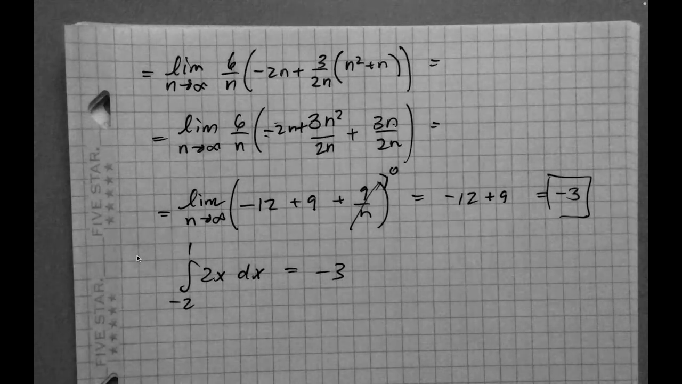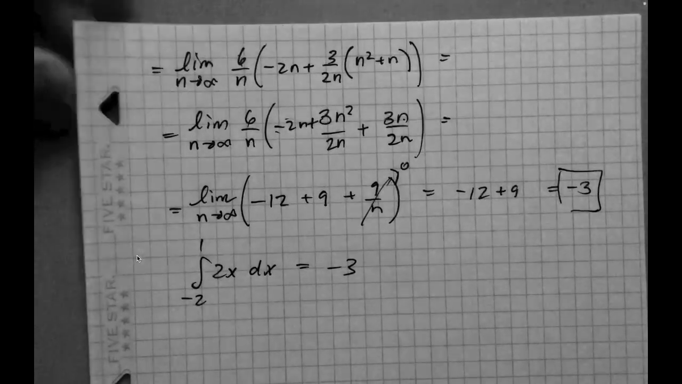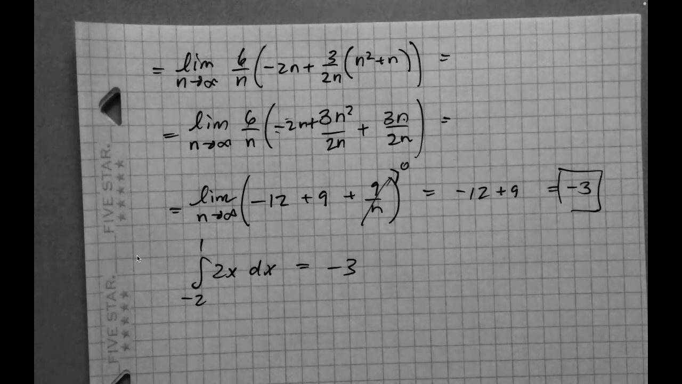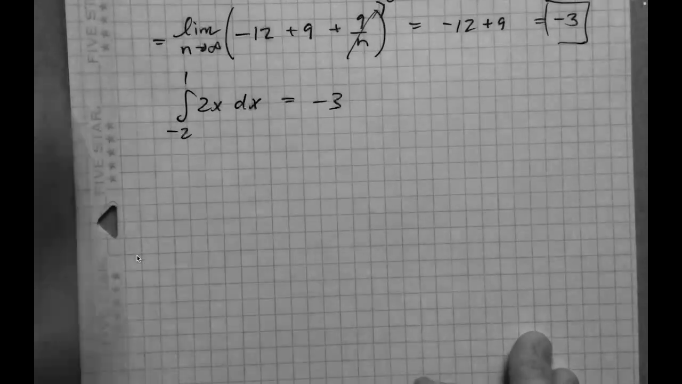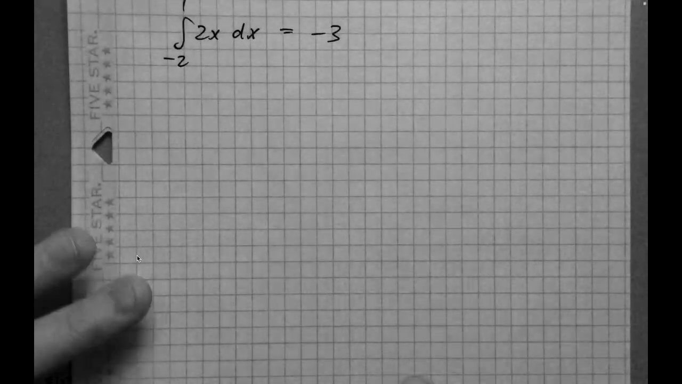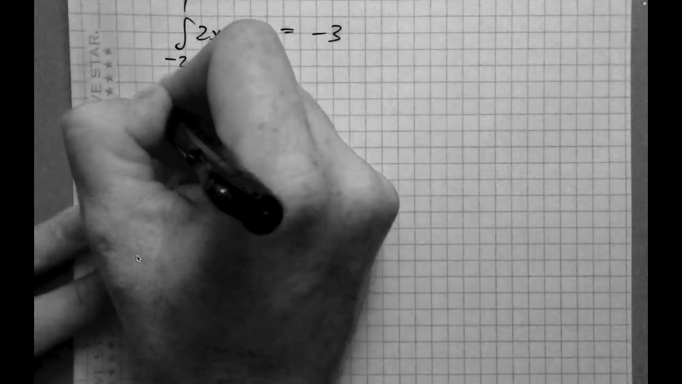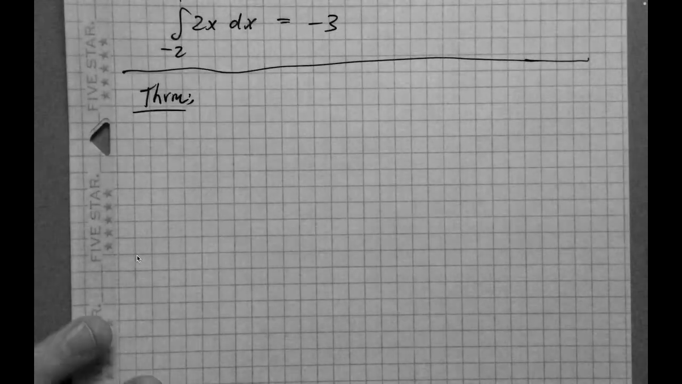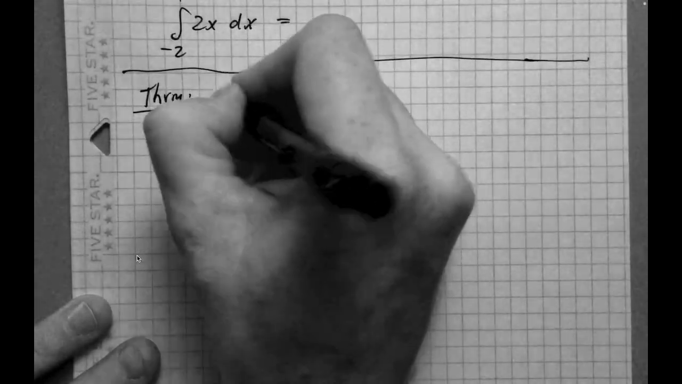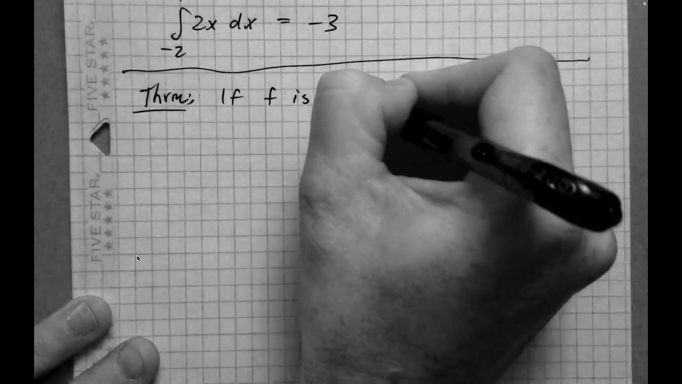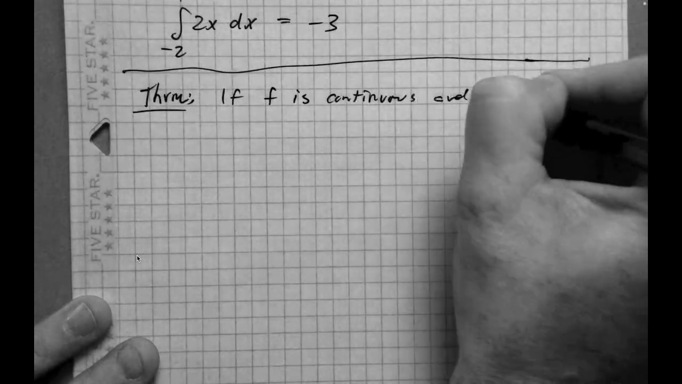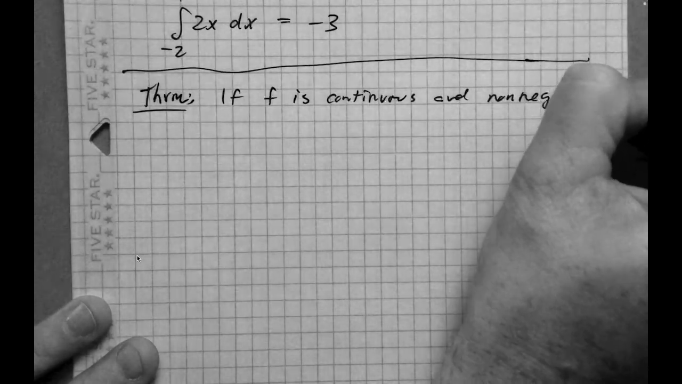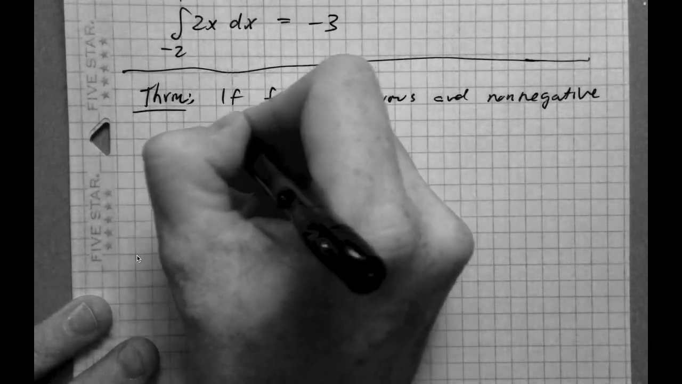So there we go. Now let's jump into a theorem that's going to tie this lecture 100% to the previous one. This theorem is going to be the connection of the definite integral to the area of a region. Super important. If f is continuous and non-negative on the interval [a, b],